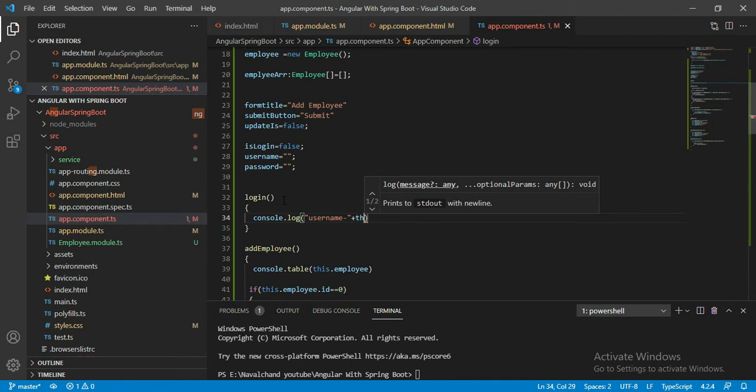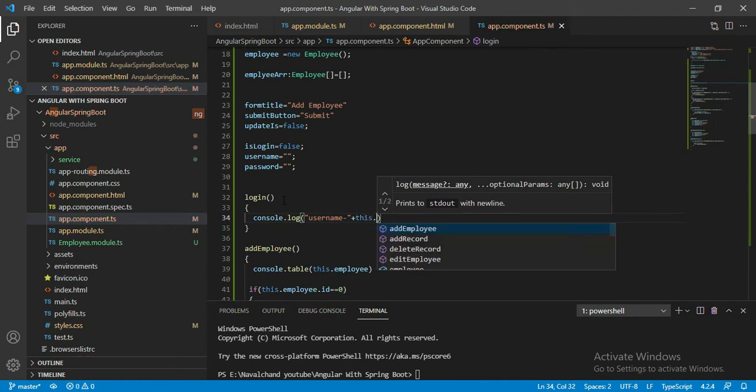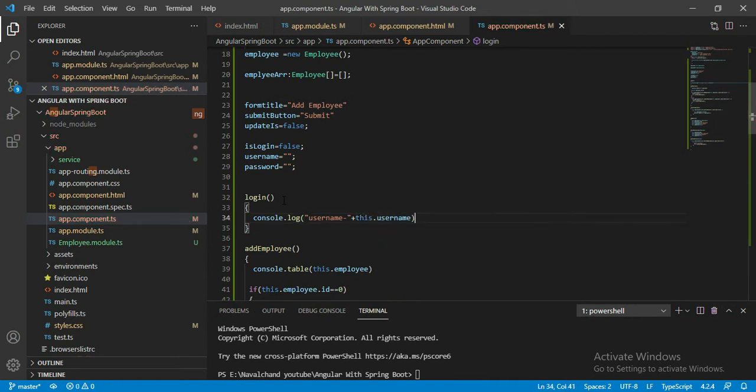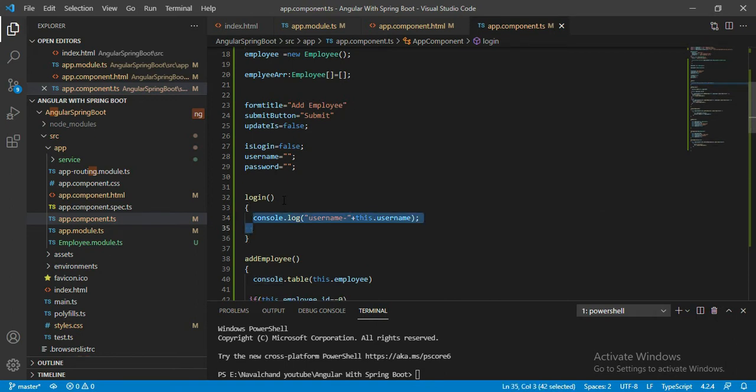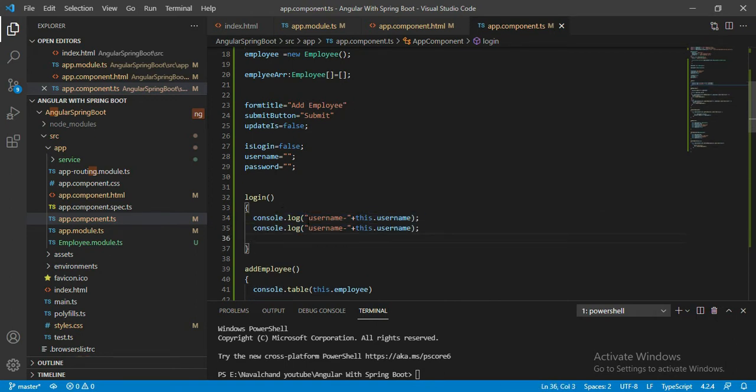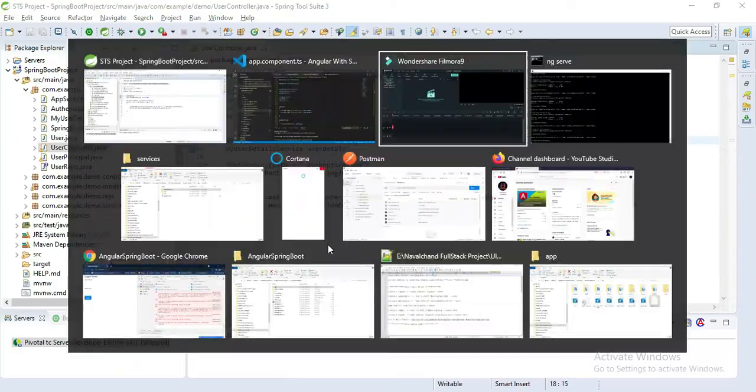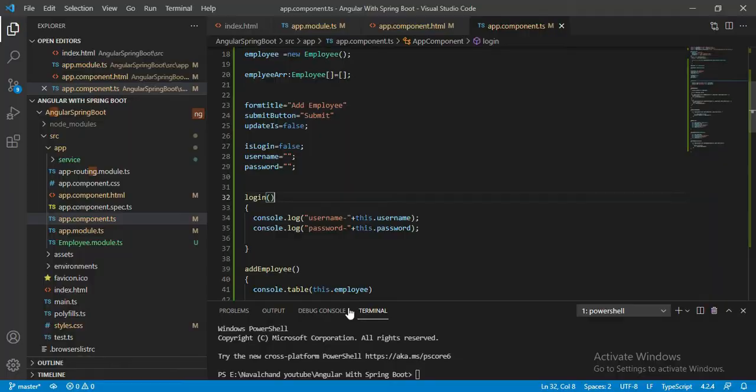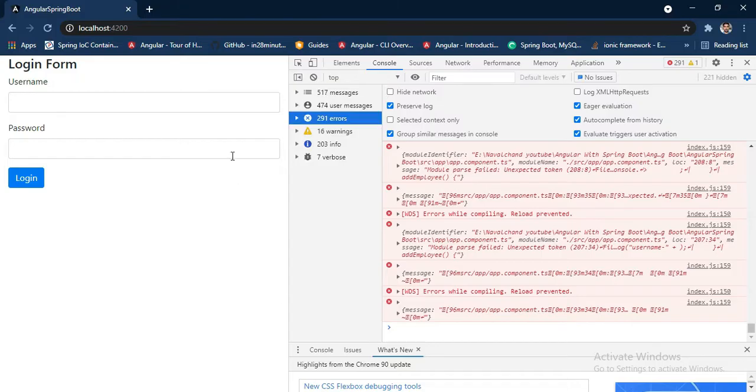That's why I'm printing this.username, and the same this.password. Simply I'll copy password and add this.password. Okay, let's save this. Let's open the browser and check whether our application is working or not.